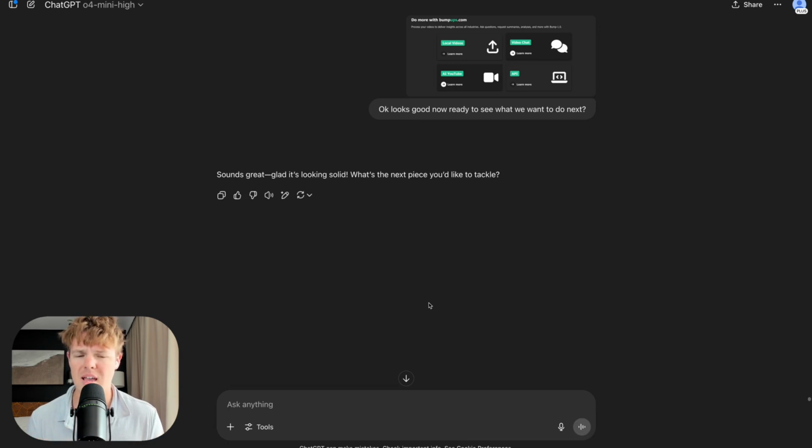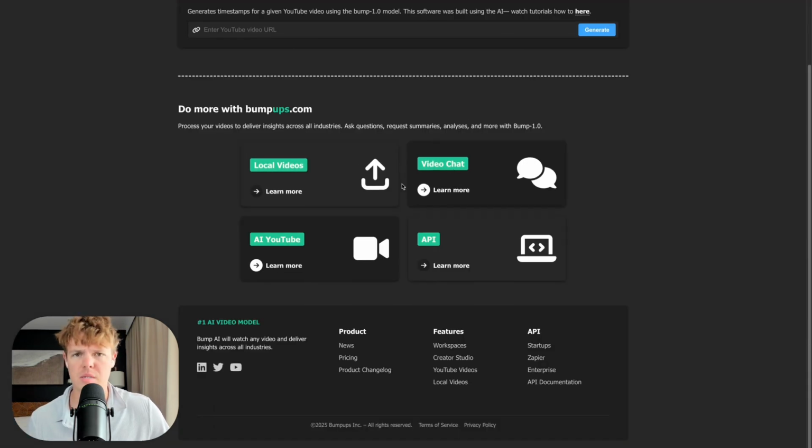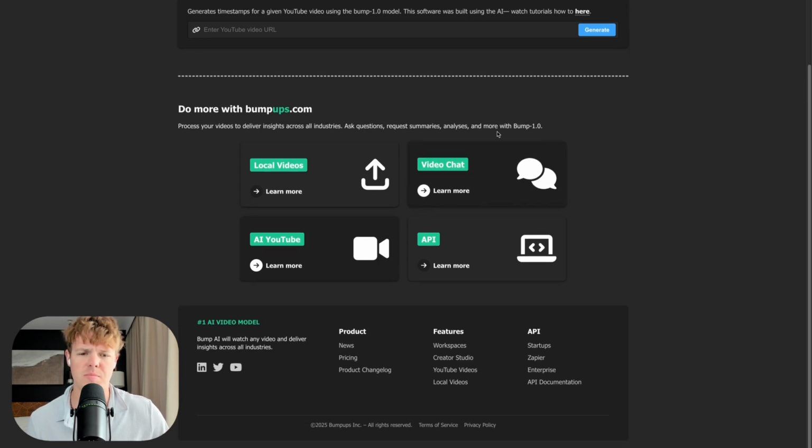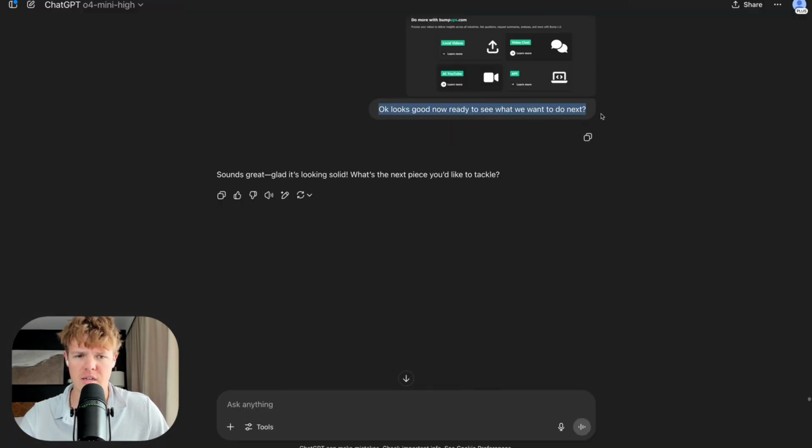Now, here is what's super powerful about this and what I did in order to expedite my workflow. When I was developing this part of the website, this took a little bit of time due to the fact that I was really leaning into the kind of palette I want to give, the kind of UI that looks best in this context. But once I finished this part, all these other parts were extremely fast to be done. And the reason why is because now I can say in a chat like this,